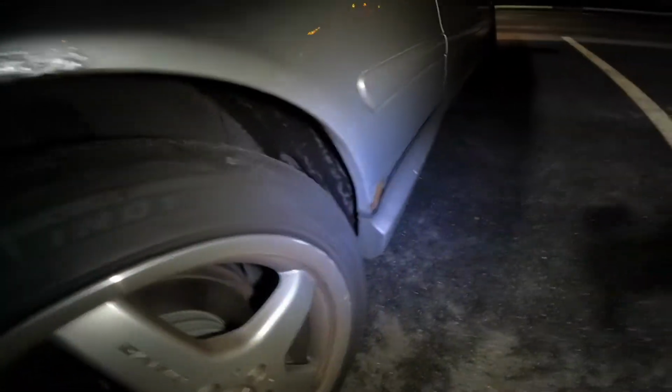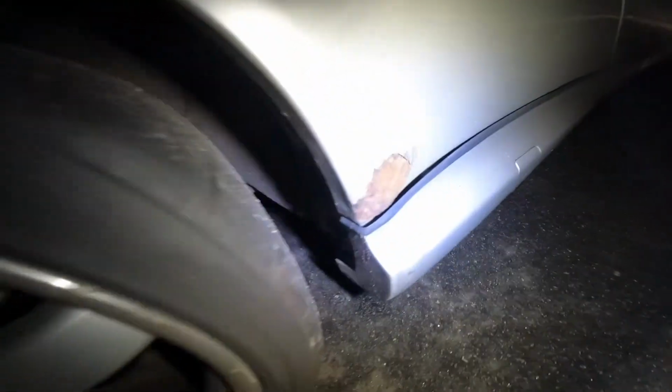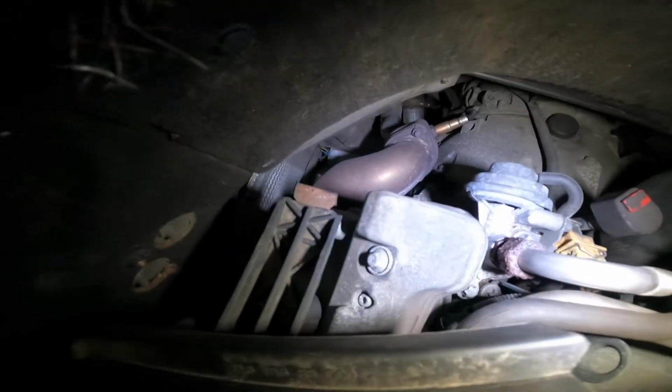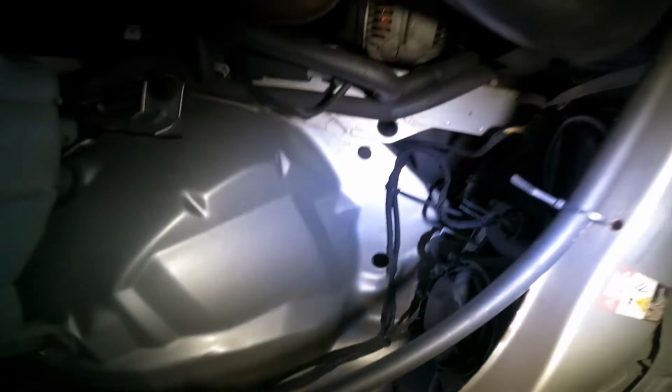This is cracking. This all just has to be bondoed out, I guess. But this is going to be, I'll probably just cut, I don't know, maybe I'll make a wide body kit or something, who knows. We got some nice quality there. Quality. For cleaning this, when I first got the car, it was pretty nasty, but